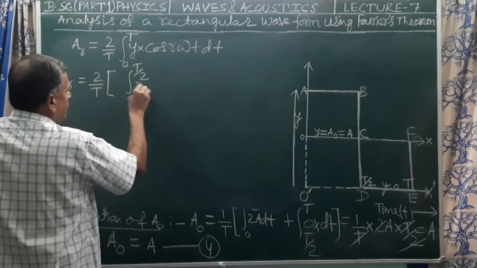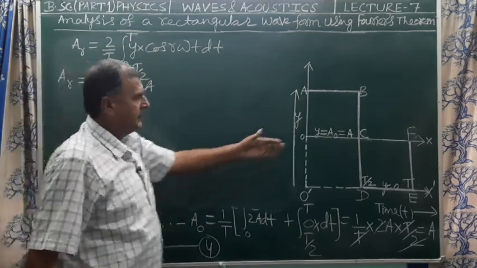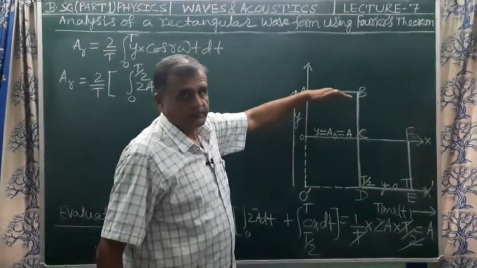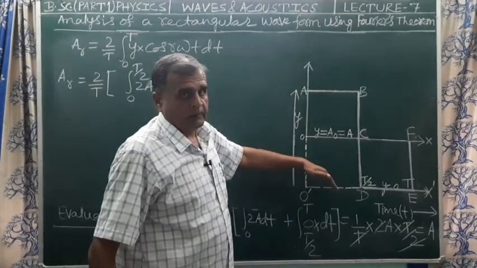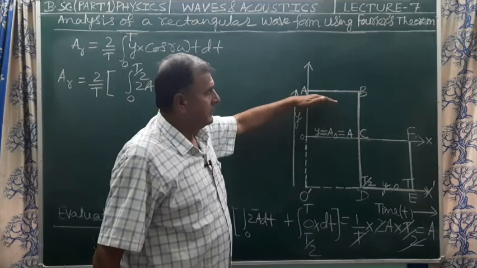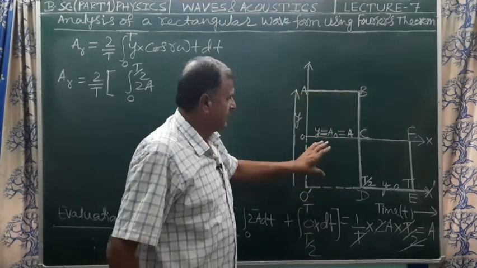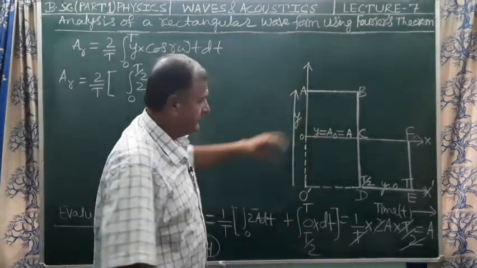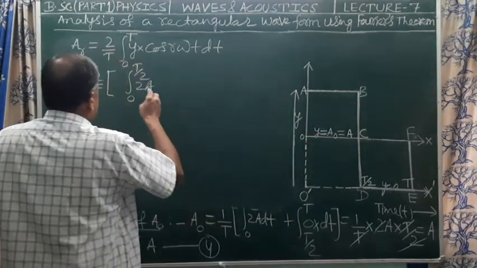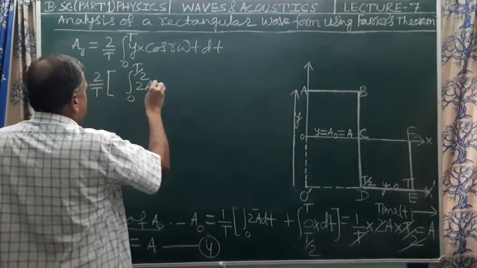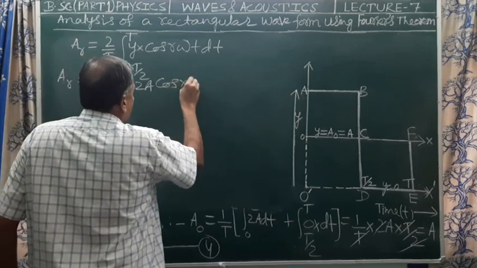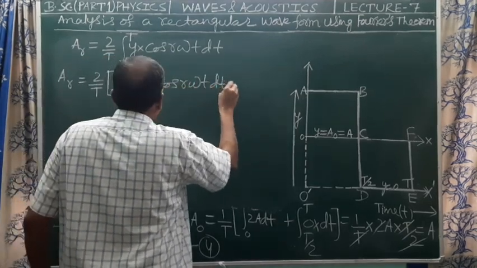Y is 2a, that is the displacement of the upper part of the rectangular waveform from the time axis, which is a plus a, 2a. So it is the integral from 0 to T by 2 of 2a into cos r omega t dt, plus